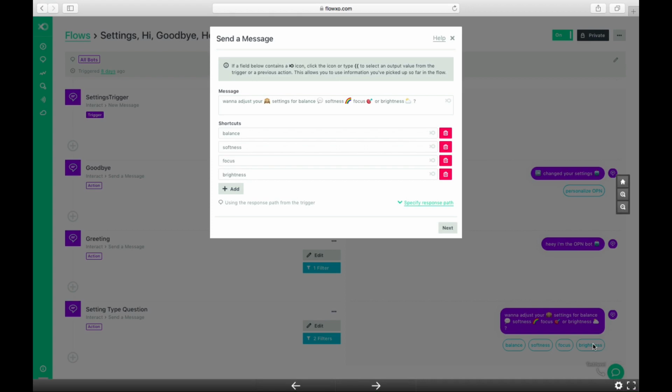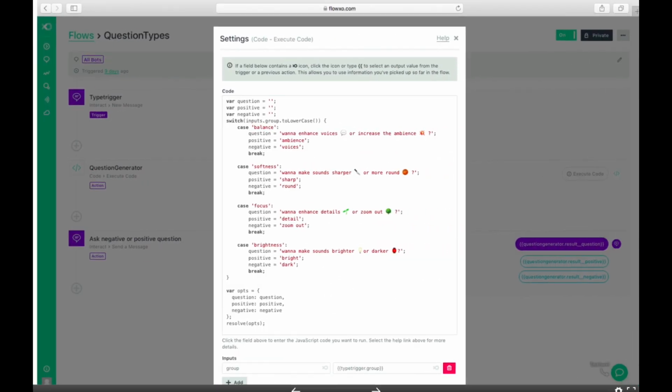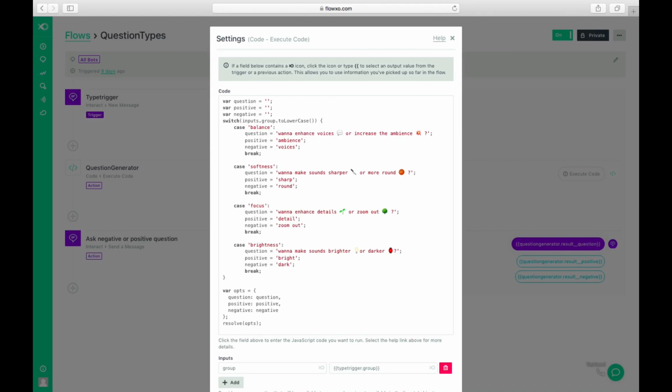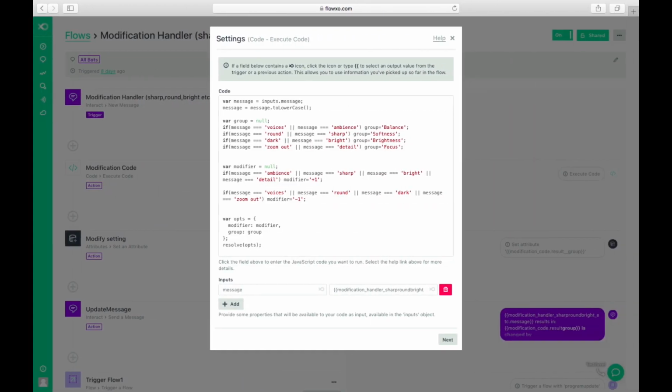So the bot will go, I don't understand what you're saying, but you rather press, okay, I can see I have 4 choices. These 4 choices will boil down to some contrasts, which you have in the next flow. So triggered by those, you can then say, okay, do I want this? Do I want that? And here it's done in JavaScript code, but you could also hardwire it, simply drag and drop if you wanted to do this, but this is to make it a little more generic.